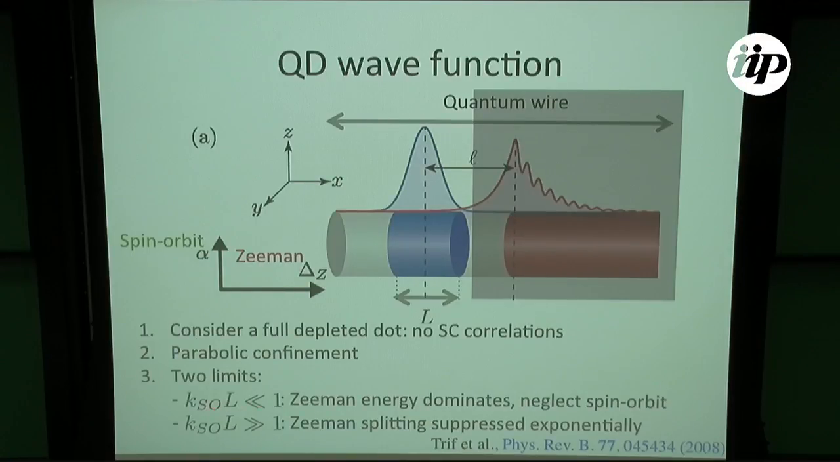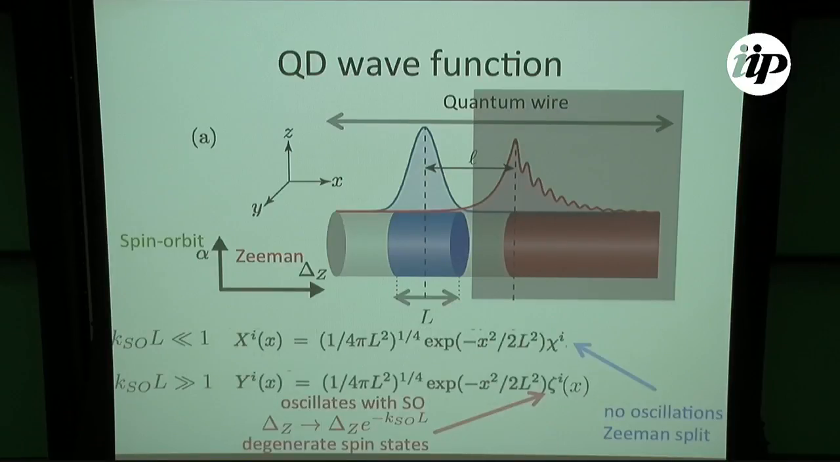And in the case when the size of the dot is much, much smaller, the Zeeman energy dominates, and one can neglect the spin-orbit interaction. And in the latter case, the Zeeman splitting is suppressed exponentially. So essentially, the spin up and spin down levels are degenerate. So here are the solutions. Roughly, it's a Gaussian solution with a spinor that has no oscillations, and the energy levels for the small dot have a large Zeeman splitting, and for the large dot, one has